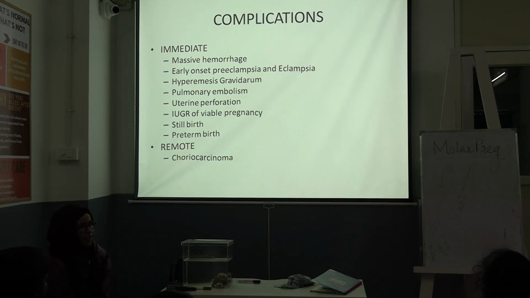That's why follow-up is very important in molar pregnancy. Normally we follow up the patient for 6 months. In normal molar pregnancy, we will follow up for 6 months. Serial beta HCG should be done, and whenever 3 negatives are there, then you can stop the follow-up after 6 months. Okay.